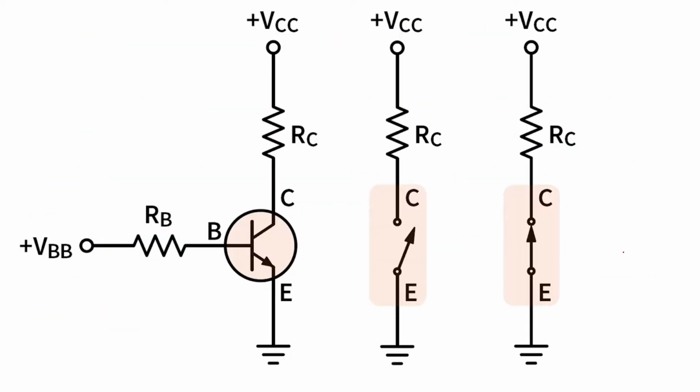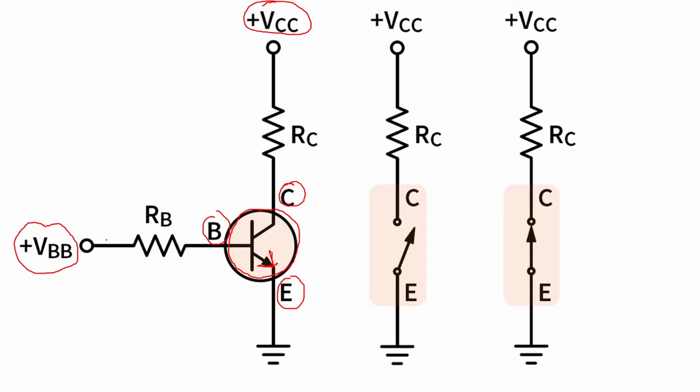Then if you look at the circuit of a transistor as a switch, this is a simple circuit shown for the explanation. Here you can see this is the NPN transistor. You can see the arrow going out, so we can say this is an NPN transistor. This is your emitter, this is the base terminal, this is the collector. The collector is connected through the resistor RC to a DC power supply VCC, plus VCC, and here you have the input to the base as plus VBB voltage. This is the input.